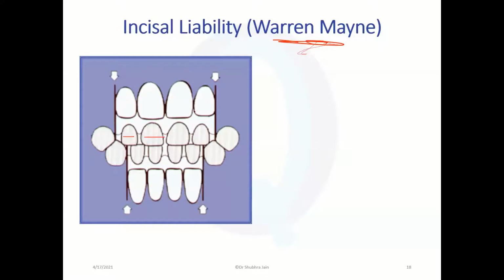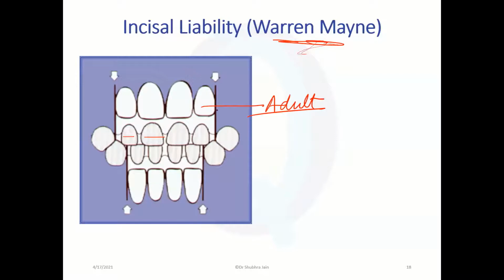The most common complaint patients come with is, when he was small his teeth were very good, just like pearls, and now he has grown, such ugly big teeth. Now why is that so? Because there is an incisal liability. The difference is because of the width. Now these teeth are according to the adult size. Adult size is going to be much bigger than the size of the child.